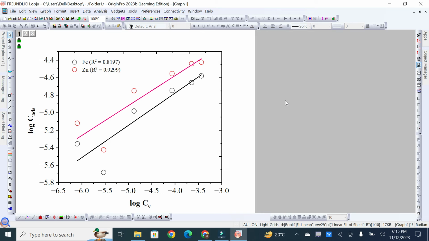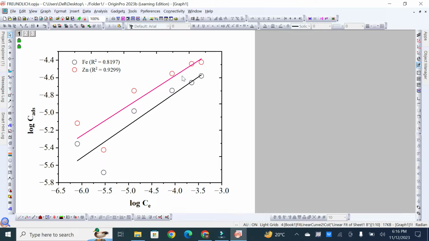Hello friends, in today's video we will discuss how to merge two different graphs in Origin Pro software into one simple form of graph. For example, if you are working on two different types of graphs or models and you need to compile both graphs into one image, then you just need to open your Origin Pro software. For example, if this is the one plot, you want to add this graph with another graph as well